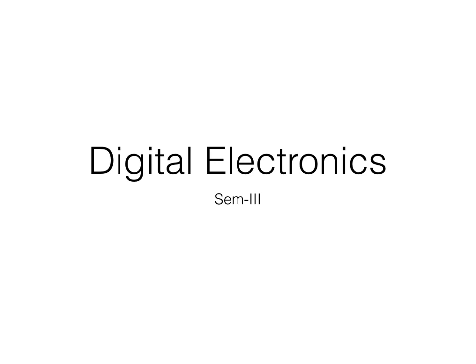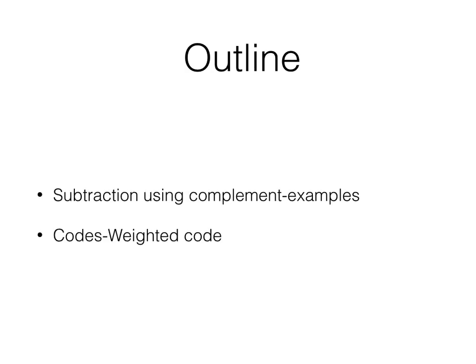Now, in this lecture, we are going to see some examples for subtraction with the help of complement theory. So we will cover the examples of all these four categories, that is with the 10's complement, 9's complement, 2's complement and 1's complement. After these complement theory examples, we will study different codes.